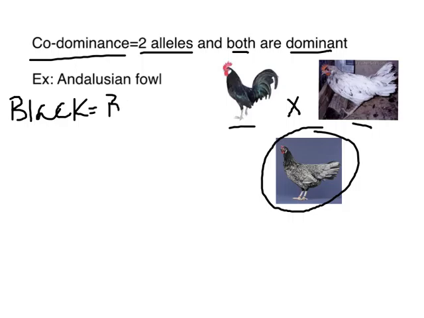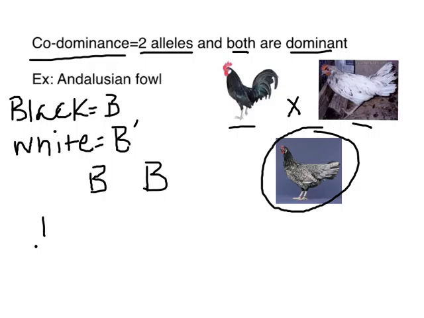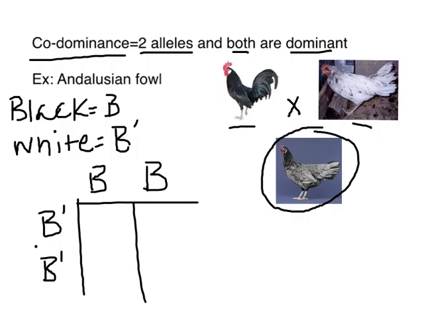Same situation as in incomplete dominance, where the black is big B, and the white, because we can't switch letters, still has to be big B, but we use the B prime. Okay, now this is the only way I've ever seen this show up on the EOC. So again, if you cross your black chicken, we'll put the black here, with your white chicken, and you put that onto a Punnett square,